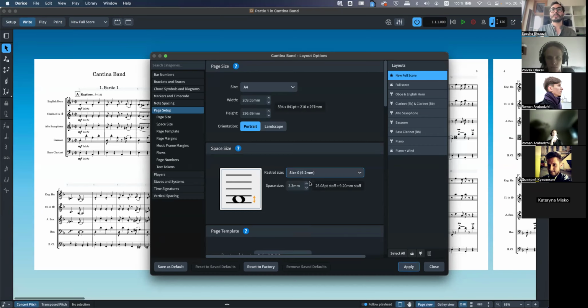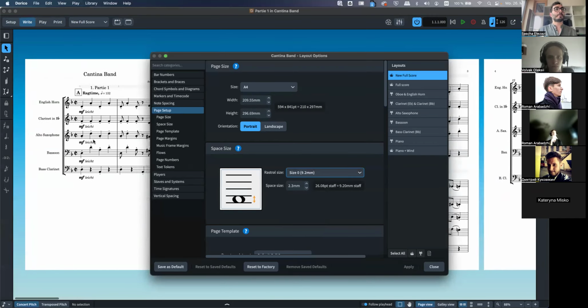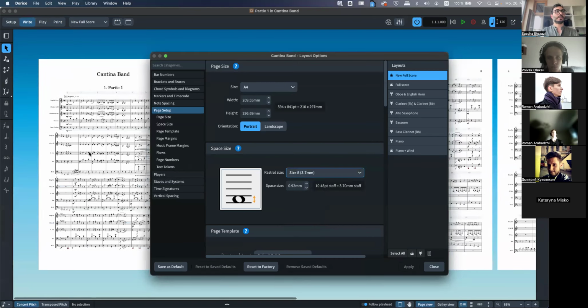So if we choose the biggest option that's here, then we have to always hit apply. You can see we made it now very big. Now the paper didn't change, just everything is printed bigger on the paper. You can also make it very small, kind of the smallest. And you can see